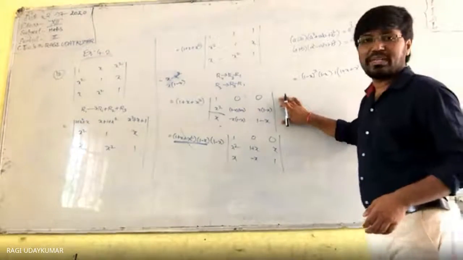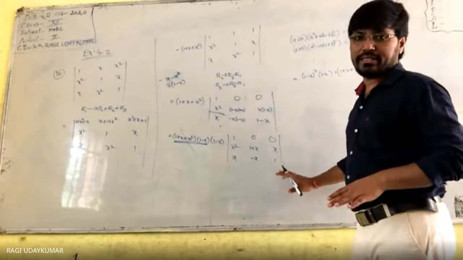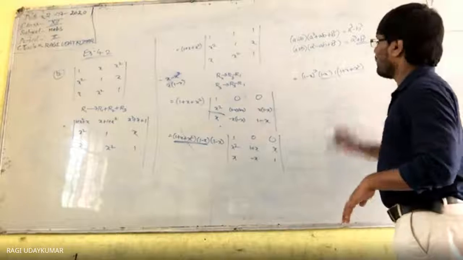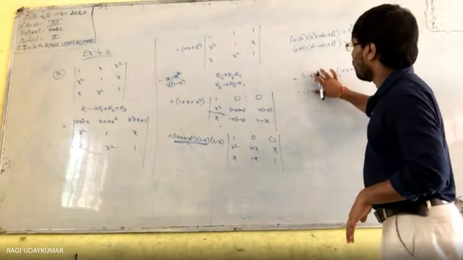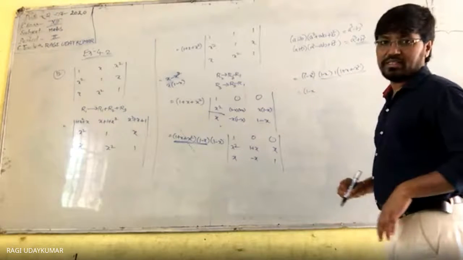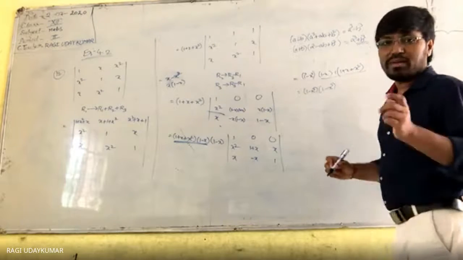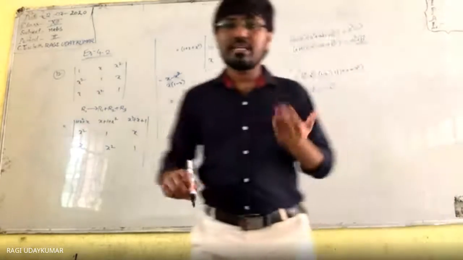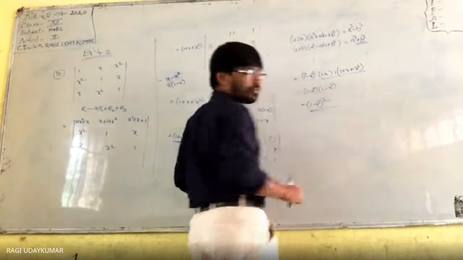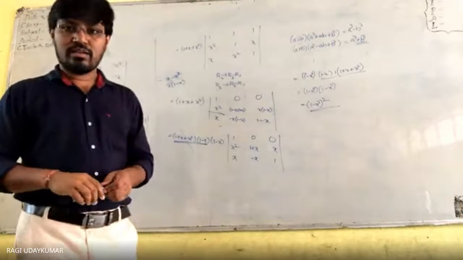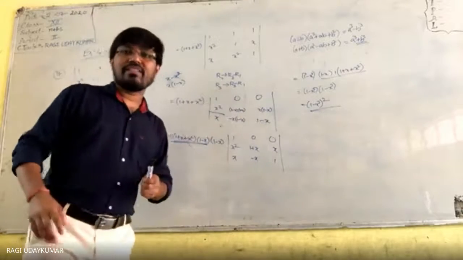Because I have written this step directly. Directly मैंने लिखा था, इसके लिए थोड़ा confusion. One more step you can add here. Okay. What do you get again? You will get 1 minus x, so 1 minus x, sorry, 1 cube minus x cube. So this is 1 minus x cube, this is also 1 minus x cube. 1 minus x cube into 1 minus x cube, 1 minus x cube whole square. This is equal to 1 minus x cube whole square. Okay. Here I think you may have a little problem because I solved this in one step only.